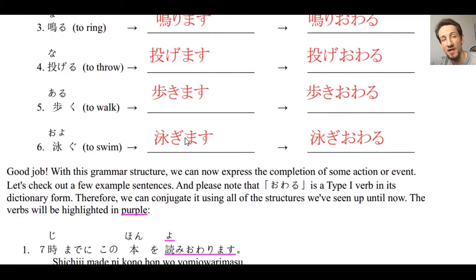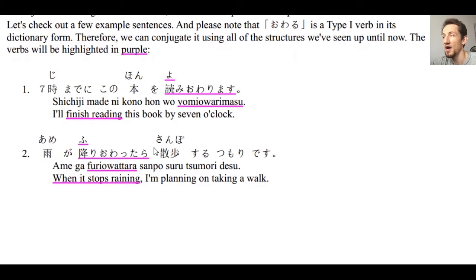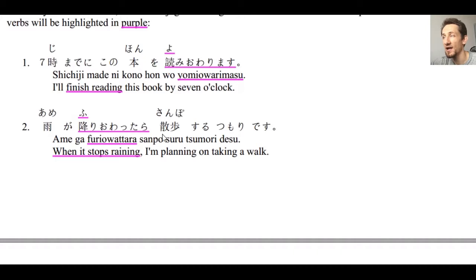So now that we know how to conjugate our verbs this way, we're going to look at how to use them. So we have some example sentences we'll look at now, and we'll find the verbs with owaru in purple, so they're a little easier to see. So here we have number 1. 7時までにこの本を読み終わります。So I'll finish reading this book by 7 o'clock. So 7時までに, by 7 o'clock, 読み終わります。So we have 読み終わる and we have the mas form 読み終わります。Number 2, 雨が降り終わったら散歩するつもりです。So when it